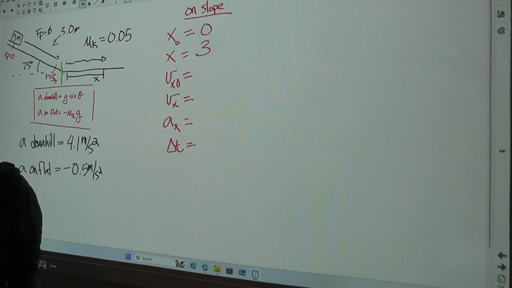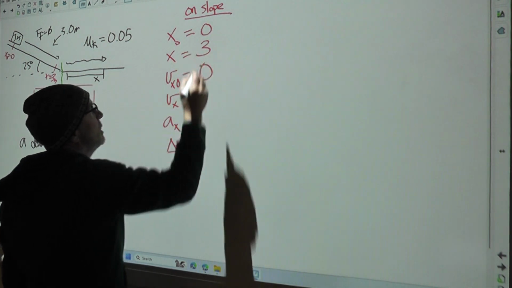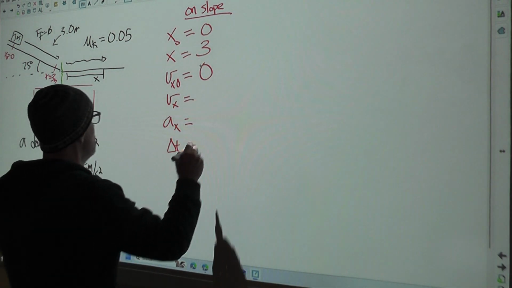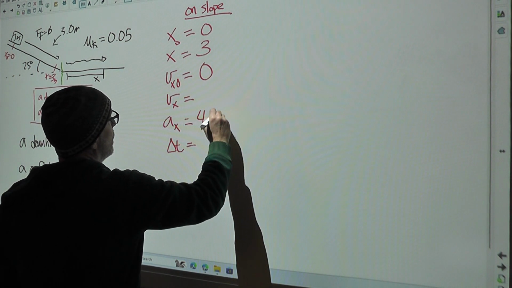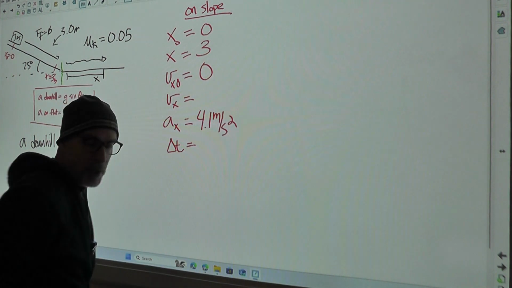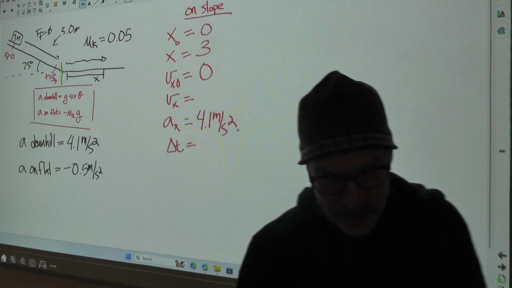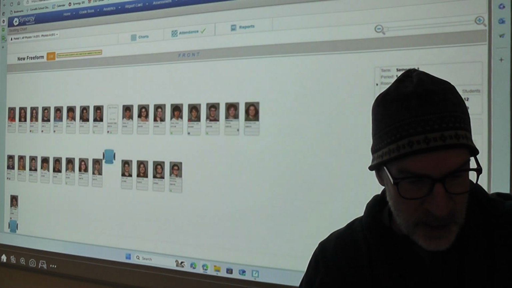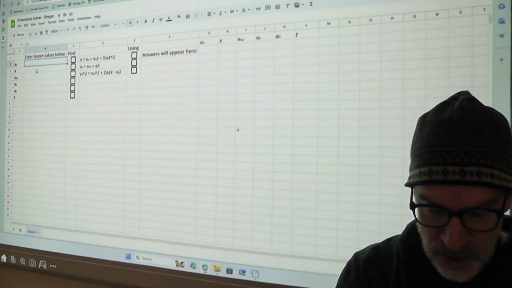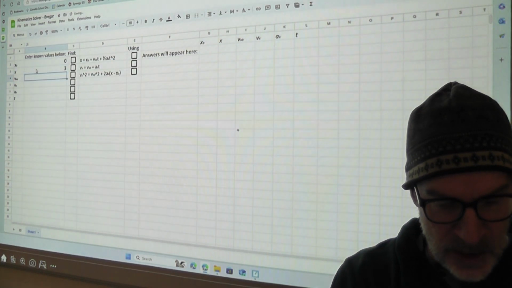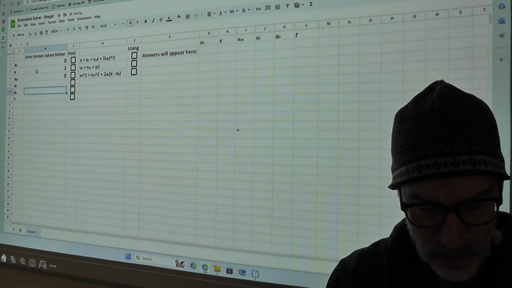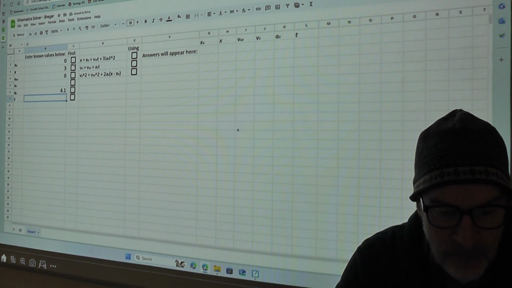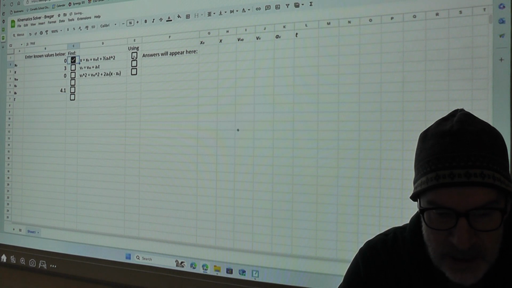The problem says Josh starts at rest, so our initial velocity is 0. We don't know our final velocity. We do know our acceleration. It's 4.1 meters per second squared. How do we solve this? With the kinematic solver. Our initial position is 0, final position is 3, initial velocity is 0, acceleration is 4.1. And we could find either the amount of time that it takes,